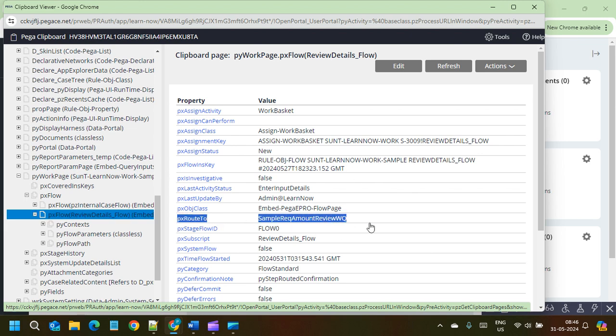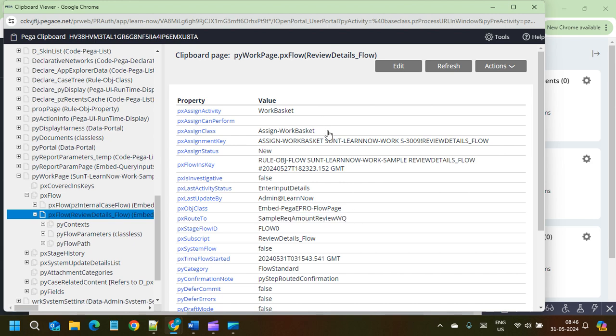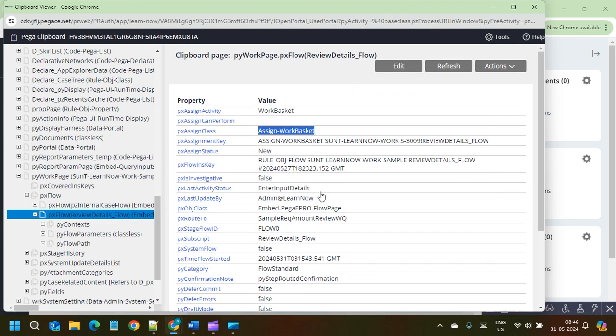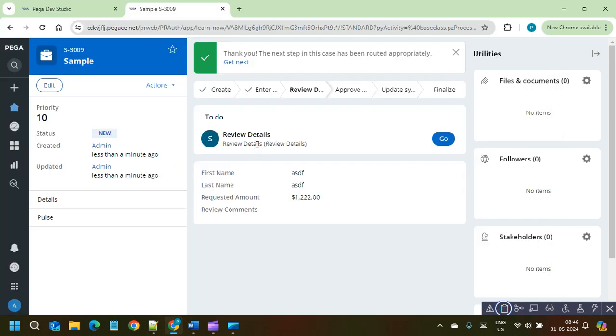pxRouteTo is the field that will show us whether we routed to a specific work queue or work list. So it went to this one, but work list or work queue will be decided by pxAssignClass. Okay, so it went to the work basket work queue of this name. Now it is done, but